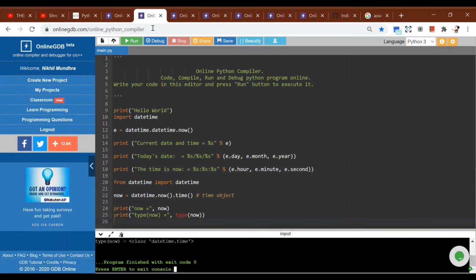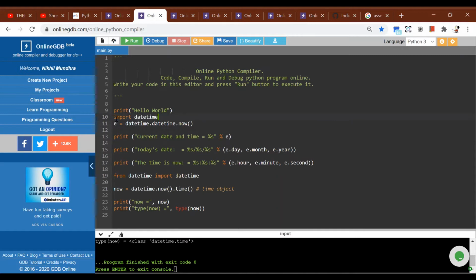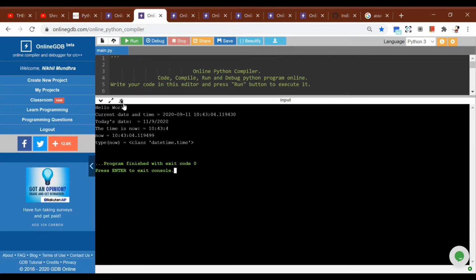So the first one, I've separated it already. First of all, in every which way you do it, you have to put this statement like import or from. These are the basic statements which you need to follow in order to run a successful date and time code. So if I run it right now, it's going to show me the time.